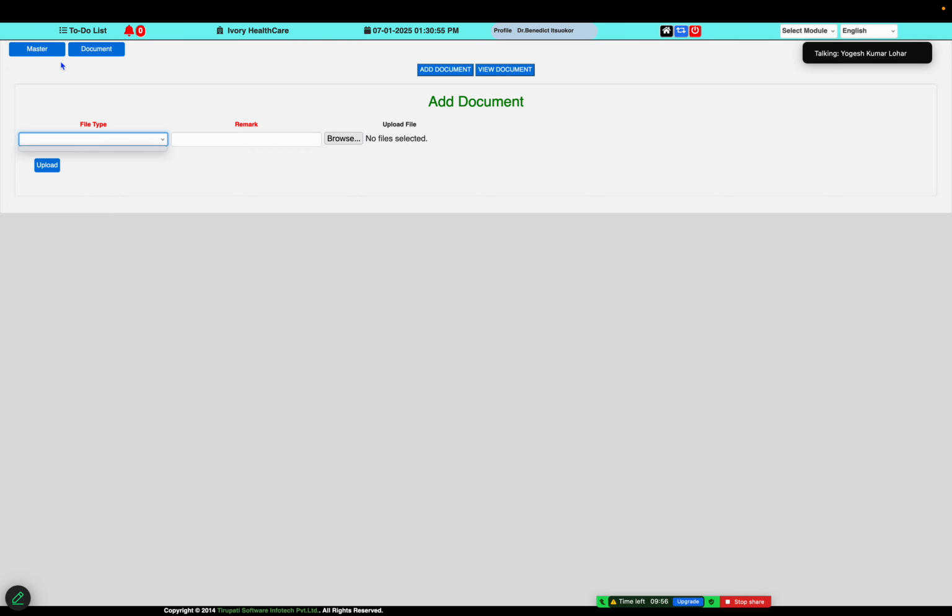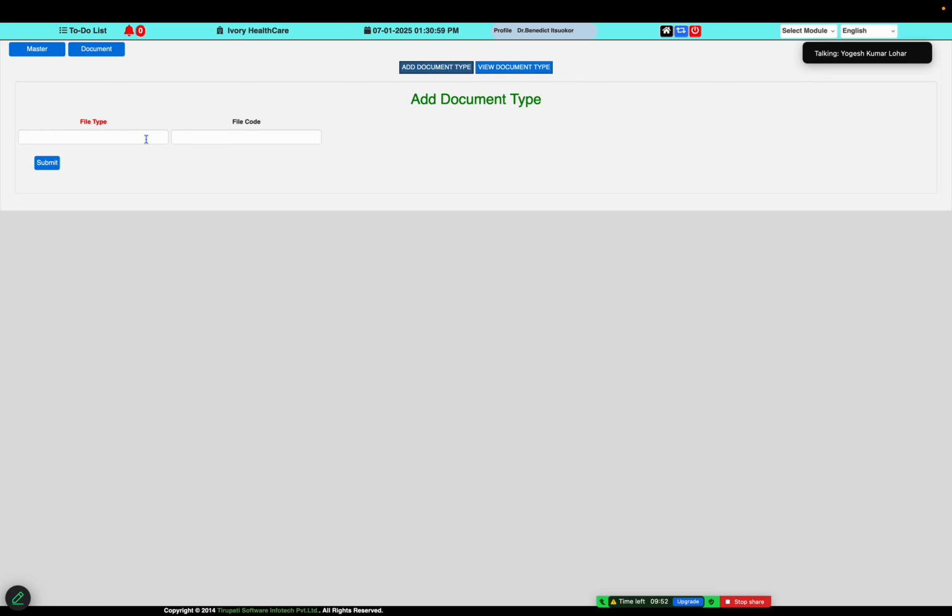Either it is a document type or a file type, like software license copy. Okay, file code software license copy, and we submit this.